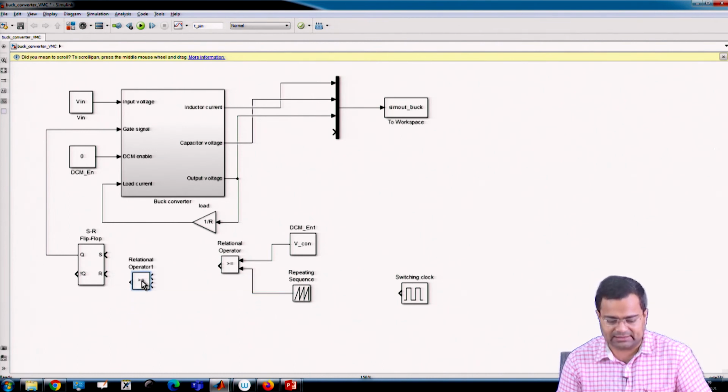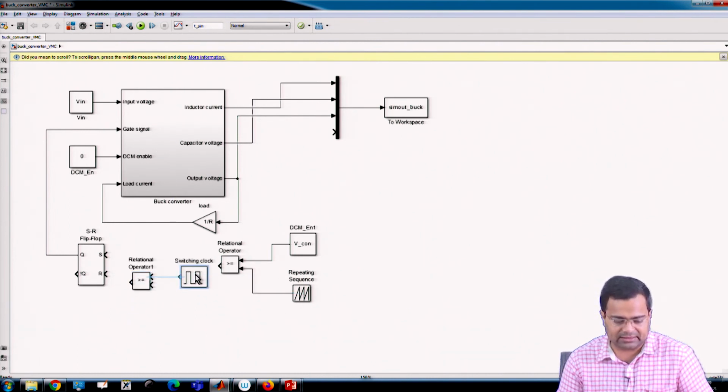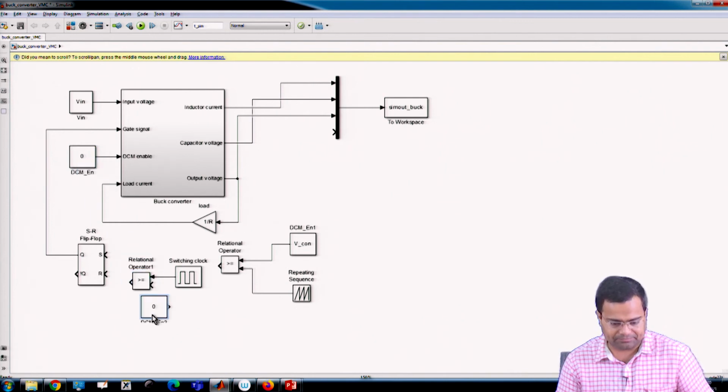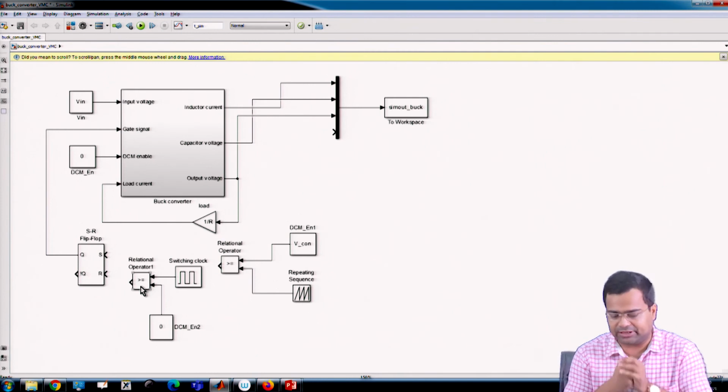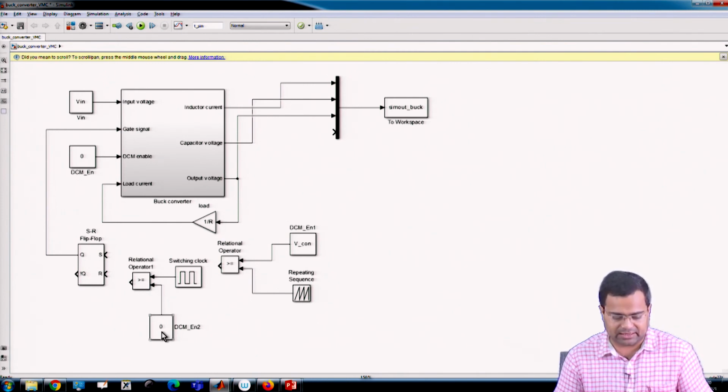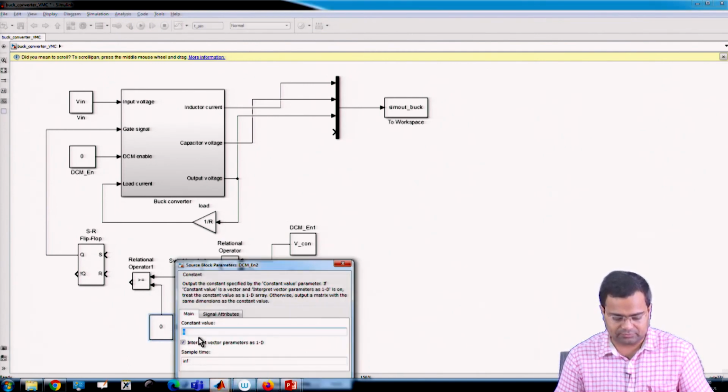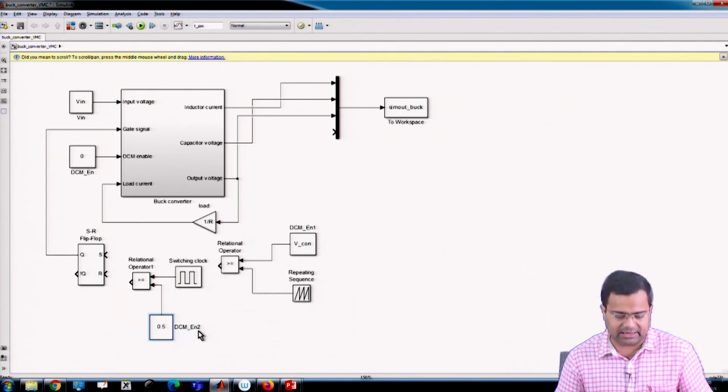That means, as long as this is greater than 0 or something like that, it will be high. So, you can set something like 0.5. Yeah, so this is my set pulse.